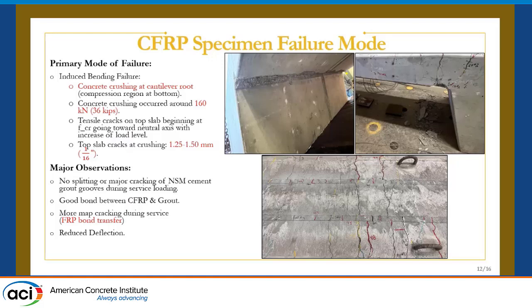So slightly little higher, which is great. In terms of measuring the cracks, the top slab cracks were measuring between 1.25 and 1.5 millimeters. And a major observation I want to note here is that since we're proposing an NSMR rehabilitation, there was no splitting. The main thing would be your bond between your CFRP and whatever cement grout you're using in your